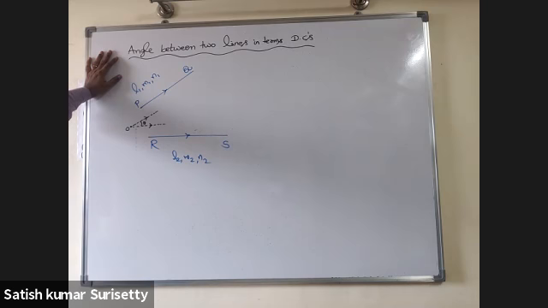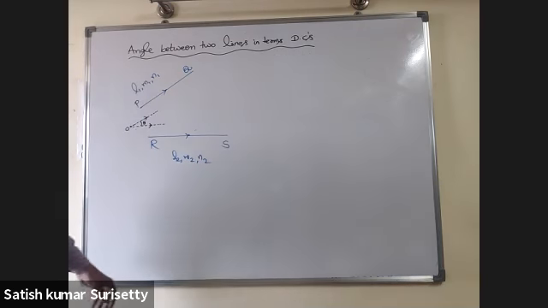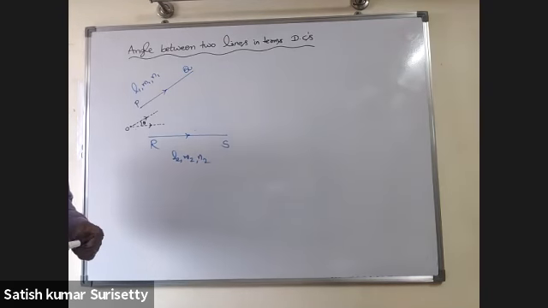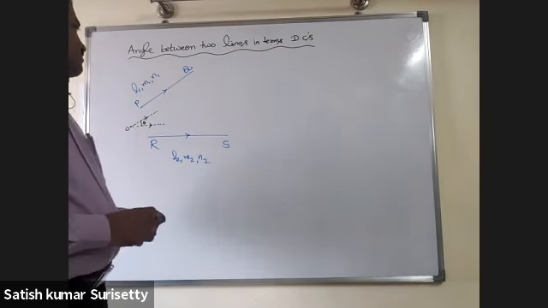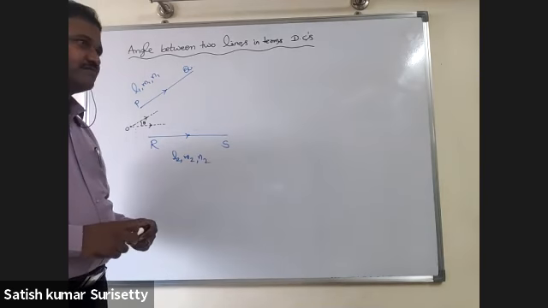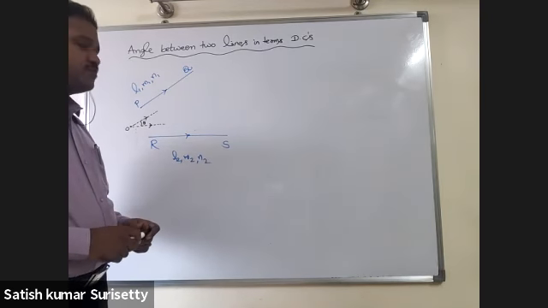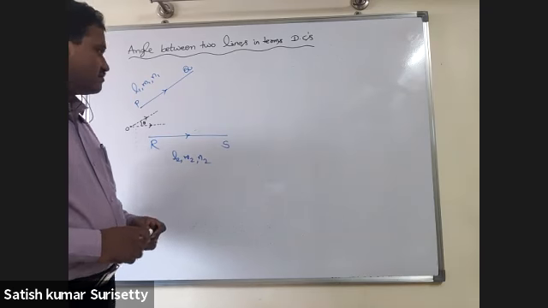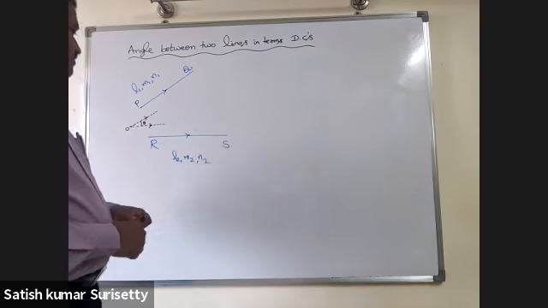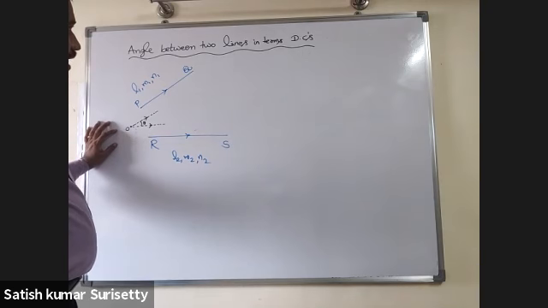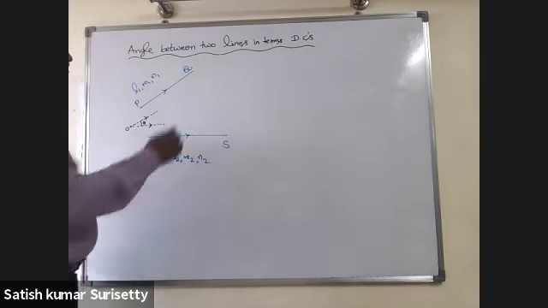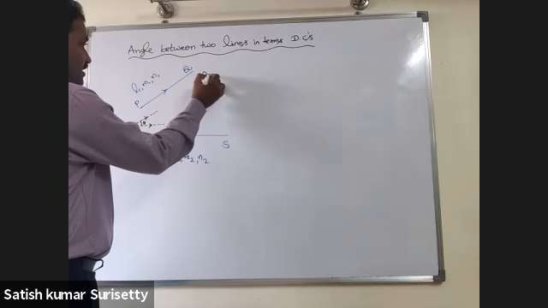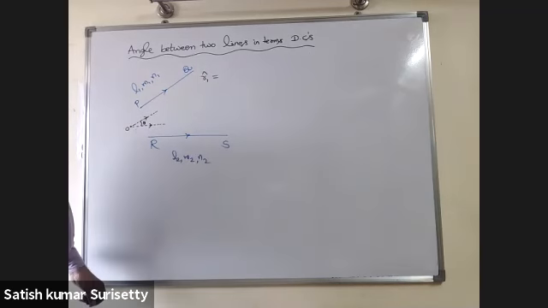The angle between two lines is the same as the angle between the corresponding unit vectors parallel to the lines. Unit vector along PQ bar: